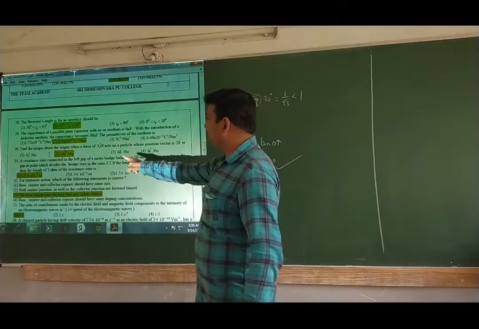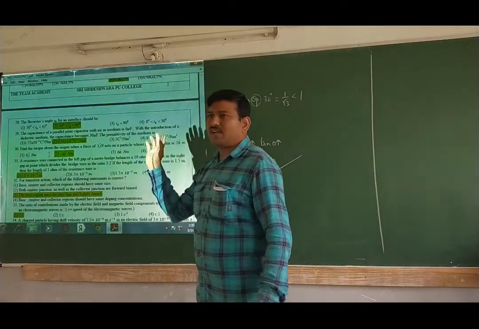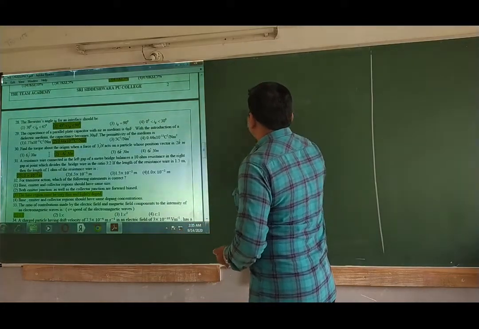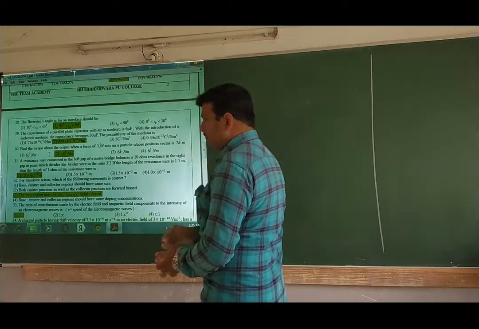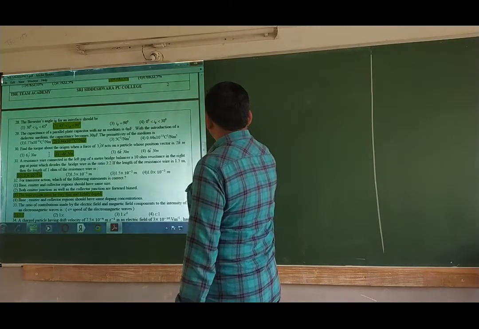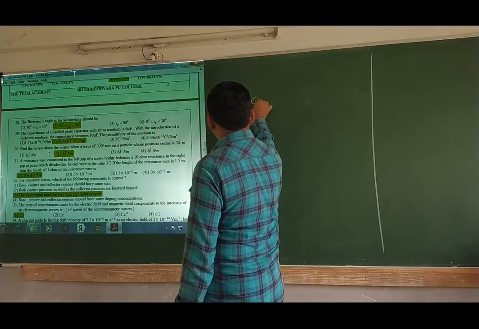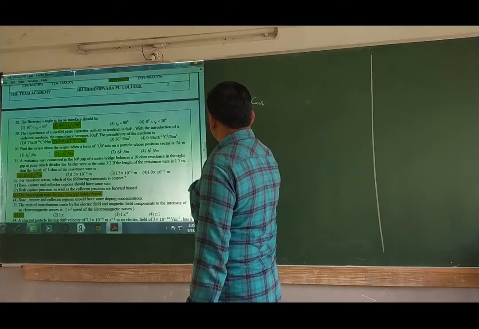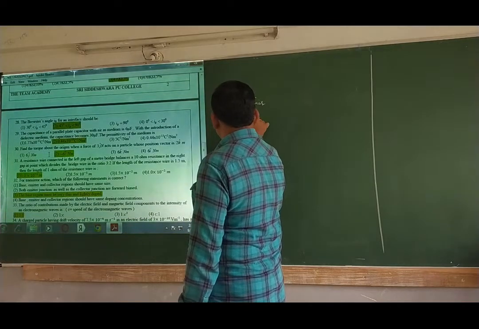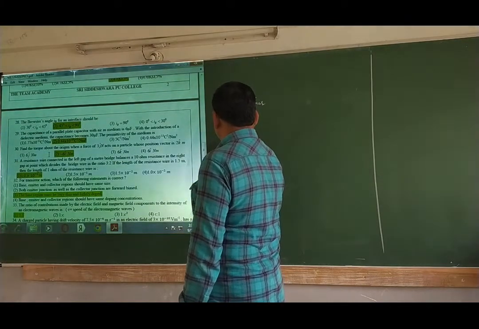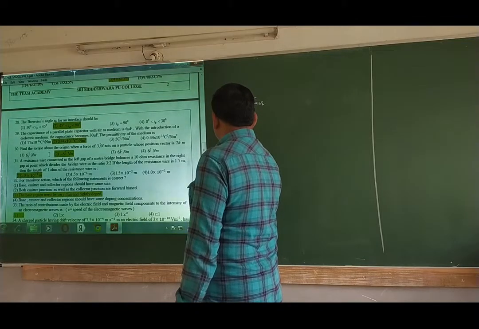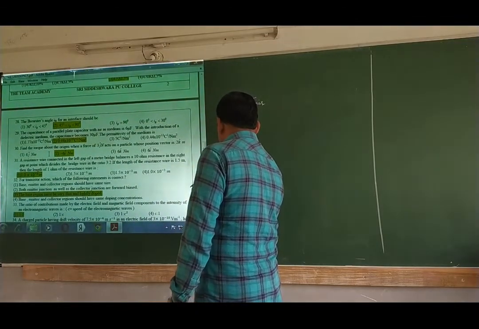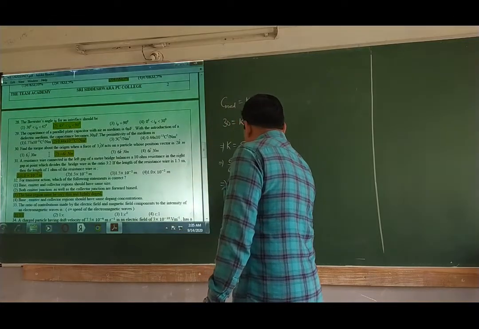But what is their question? Their question is permittivity, not relative permittivity. So we know C air and C medium, how are they related? C medium is equal to K times C air is the formula. C medium is given as 30, C air is given as 6. This implies K is equal to 5. But K is epsilon by epsilon naught, that is equal to 5. They asked us to calculate epsilon. Epsilon is equal to 5 epsilon naught.